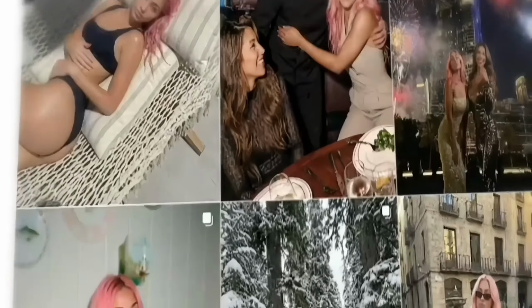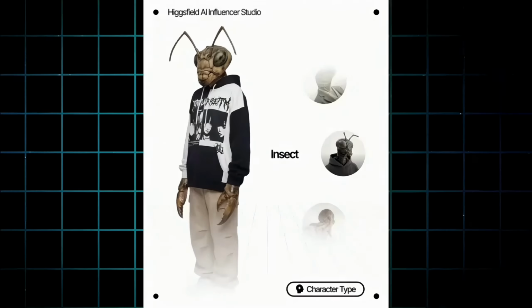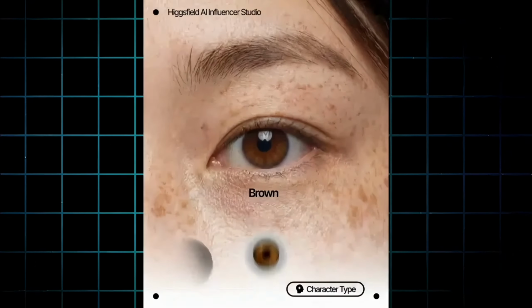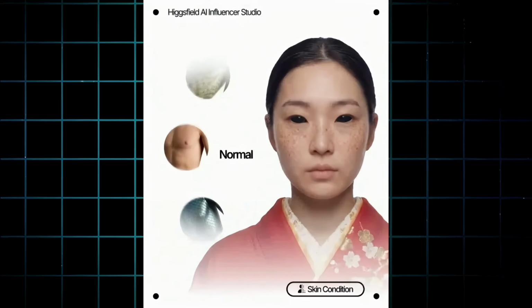But here's the truth nobody tells you. Creating an AI influencer is hard, confusing, and extremely time-consuming. Consistency is the biggest problem. That's why what Higgsfield just launched is insane. They literally built a complete AI influencer studio where you can create characters, scenes, videos, and edits in one dashboard